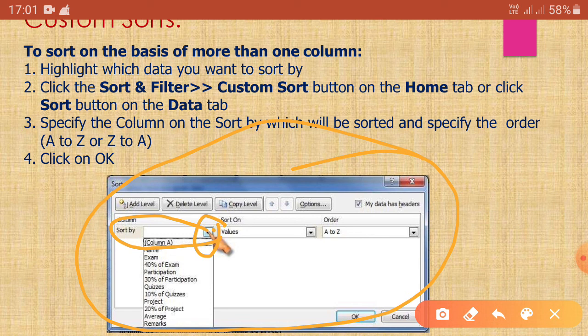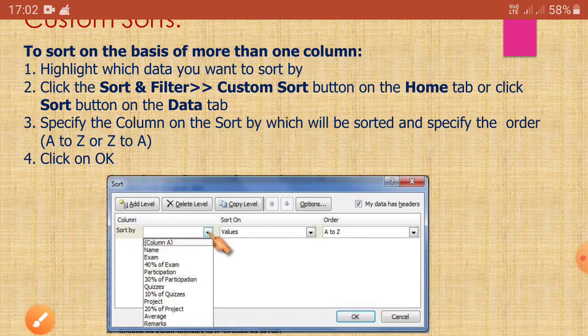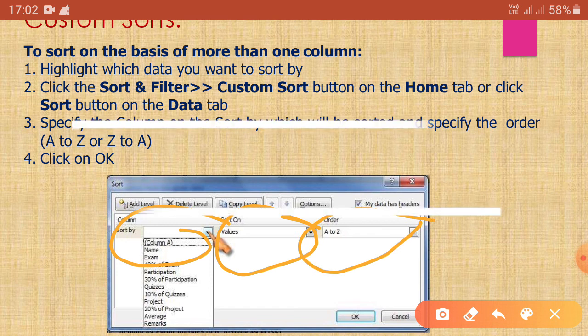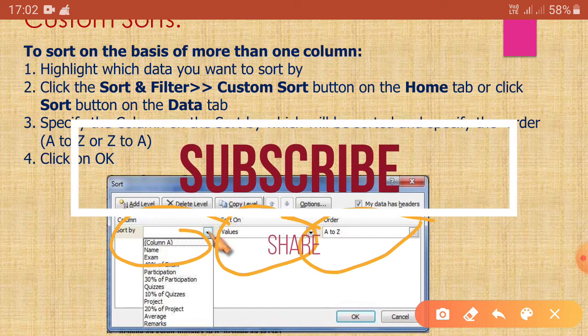So the steps are: at first click sort and filter, then the custom sort button on the home tab, or click the sort button on the data tab, then specify the column to be sorted by and specify the order, A to Z or Z to A, then click on OK. So after clicking on custom sort, you will have all the options: sort by, sort on, and order. So select one by one to sort your data on a particular condition.